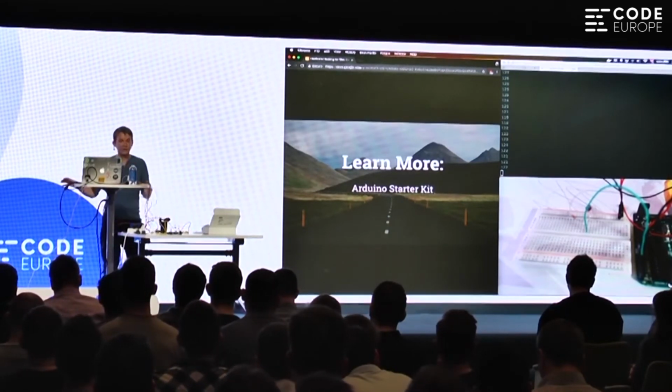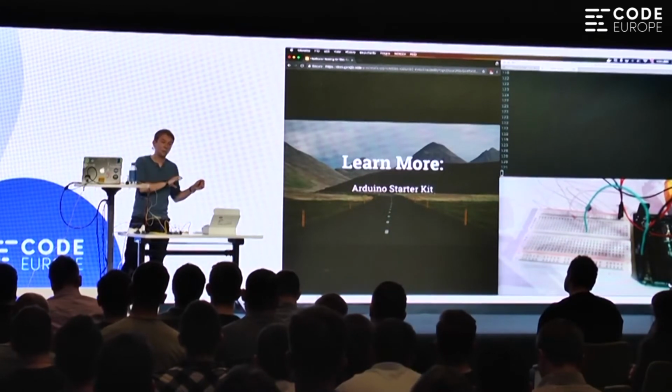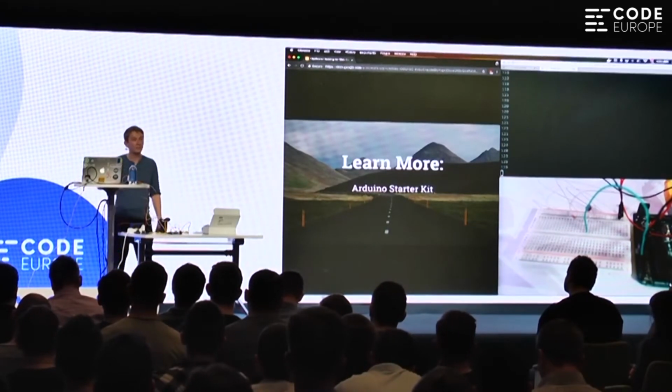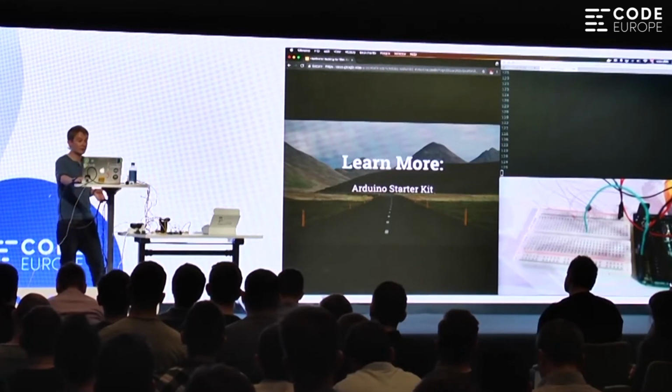This is the standard kit. It's very good. It has everything you might need. It does focus on the C side, though. Most of the examples you can translate fairly directly into Johnny 5, but it's worth watching out for. If you'd prefer to look on the Node side, there's a great project,